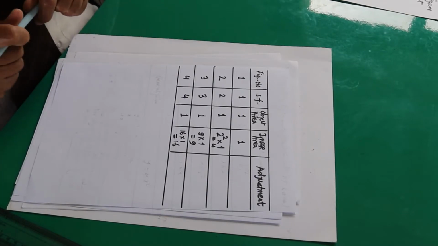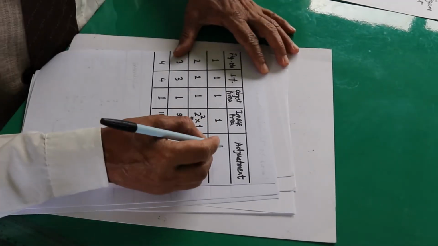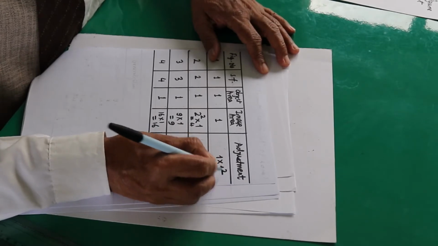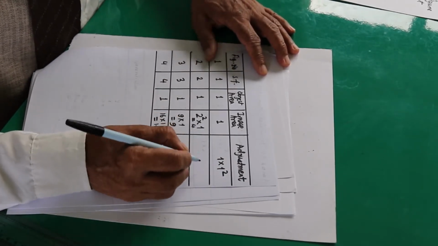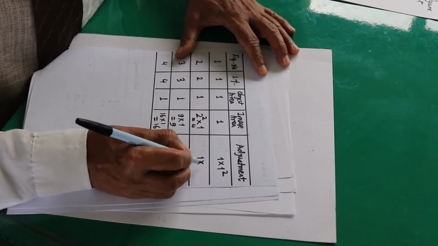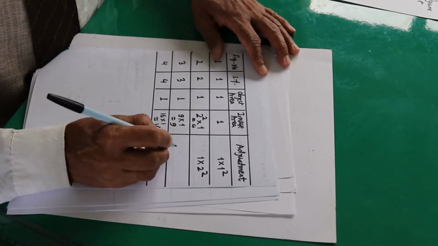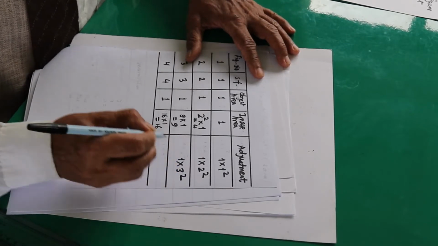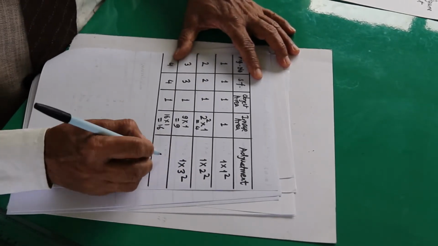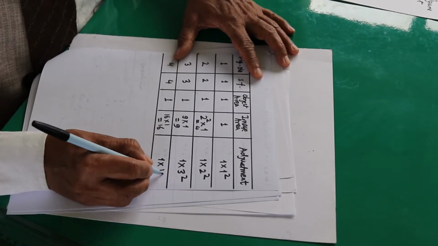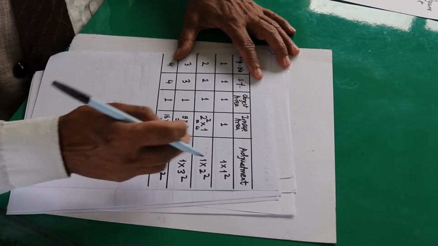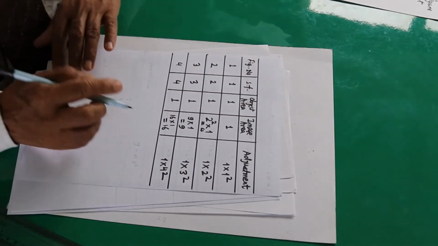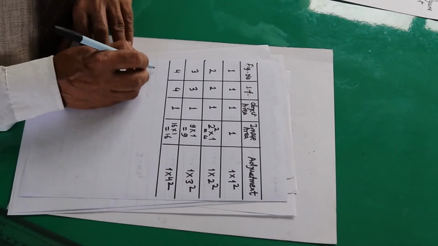And the adjustment we can make is, this is 1 into 1 squared, and that one is 1 into 2 squared, and that's 1 into 3 squared, and that one is 1 into 4 squared. So this gives us the area which is obtained here, the image area. And as a generalization, what we can do